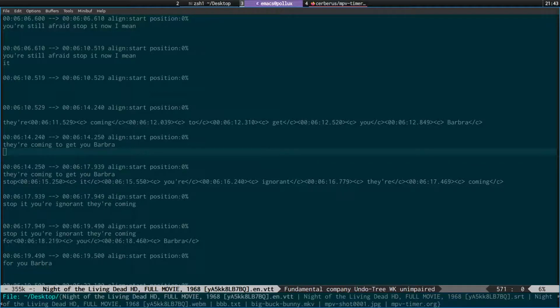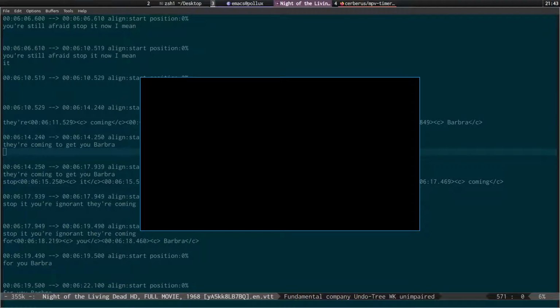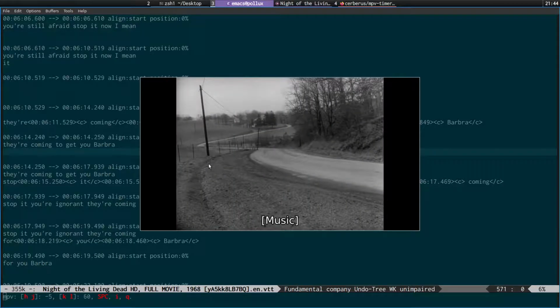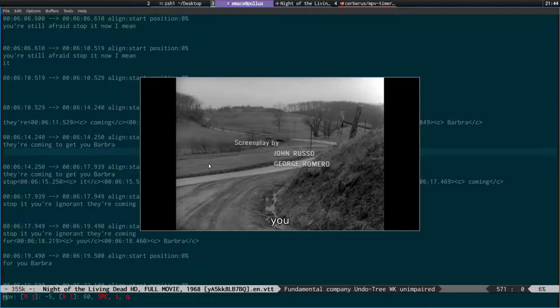If I try and open this, it's not in an org document. It's opening it from the subtitles file, but I had weird stuff with it not working in certain permutations. But if I now run F2, yeah, okay, so I can control it and have the subtitles file open. So what I've basically done is, for the demo, actually insert the time codes and subtitles files into an org